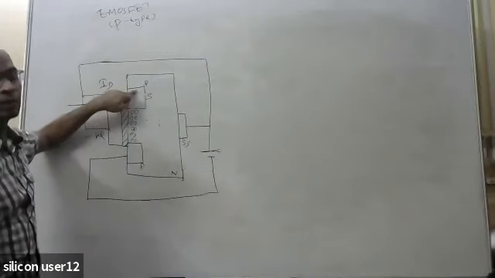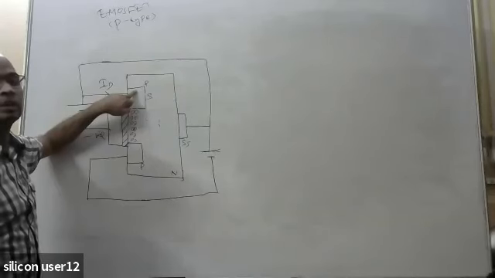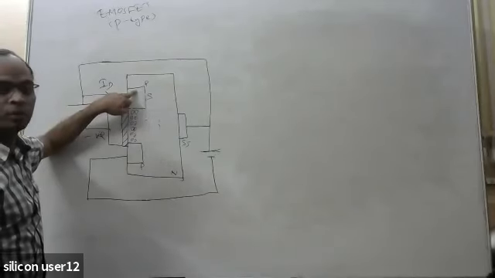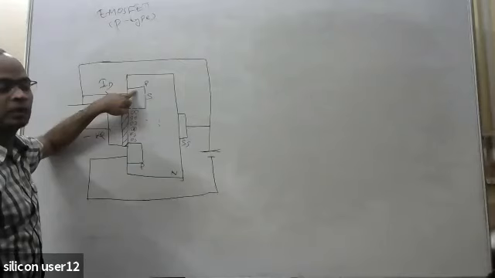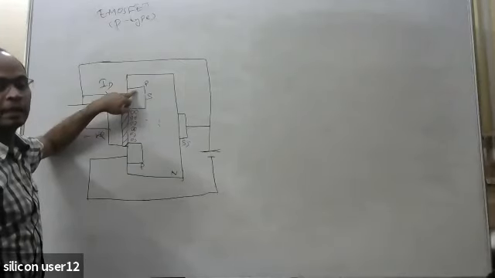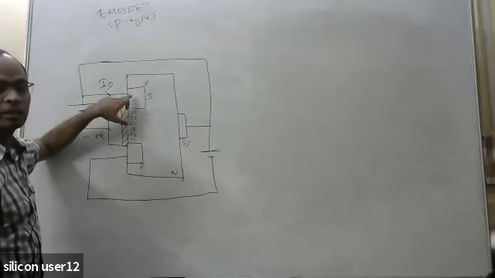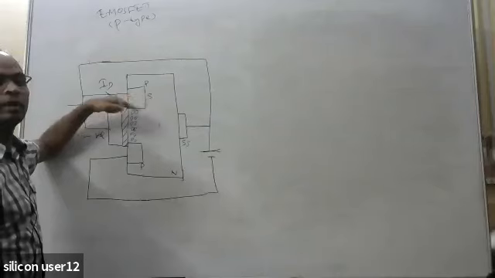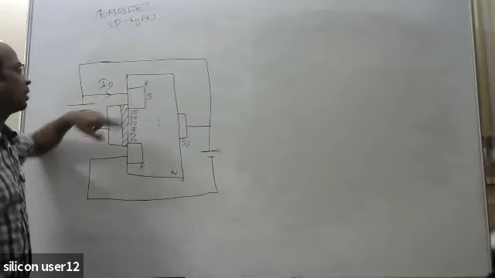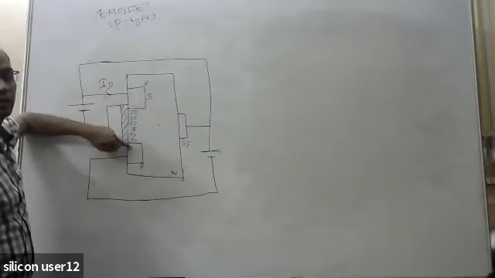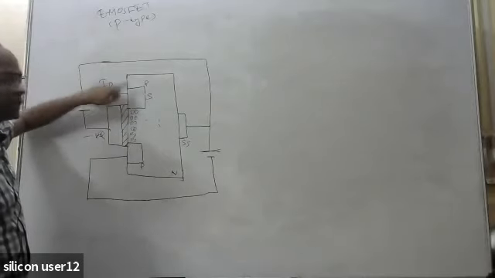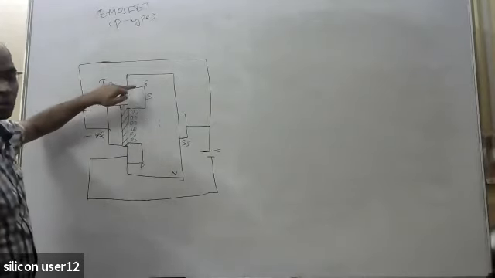As you know, the direction of the current flow is equal to the direction of the hole flow, or the direction of the current flow is the opposite of the electron flow. Earlier, in the n-MOSFET, we were seeing that electrons were going from bottom to top, so we took the opposite as the current direction. Now here we see that the holes are coming from top to bottom. So that means this one is the direction of the current flow.